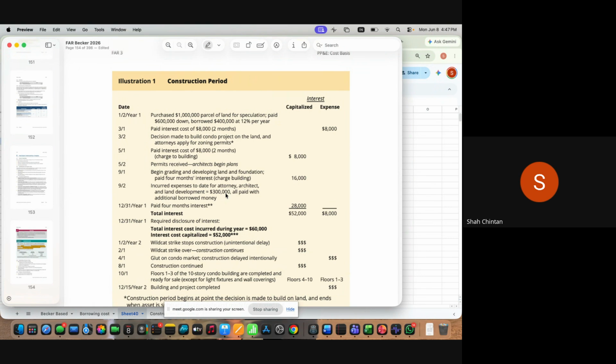फिर आपने क्या किया कि 2nd of March को यू हैव मेड अ डिसीजन टू बिल्ड अ सम प्रोजेक्ट ऑन दिस लैंड एंड यू हैव डन अ सर्टेन एक्सपेंसेस टू गेट द लीगल परमिट्स। ठीक है, मतलब इट्स जस्ट इंफॉर्मेशन, उन्होंने कुछ भी नहीं बोला है। इसके बाद अगेन यू हैव अ इंटरेस्ट कॉस्ट ऑफ $8000। नाउ आप मुझे बताओ, आपने 2nd of May को स्टार्ट किया एक बिल्डिंग बनाना वो प्रोजेक्ट के